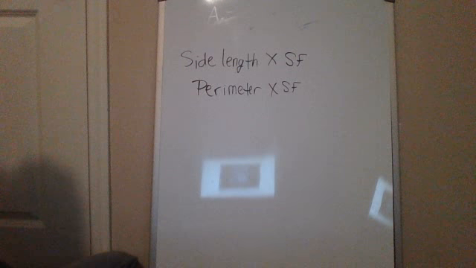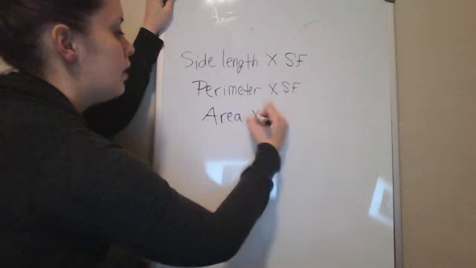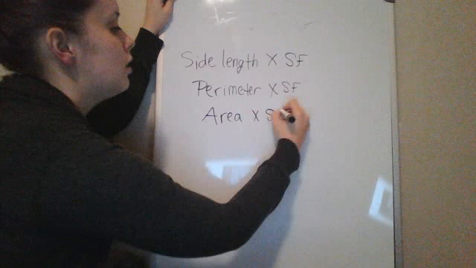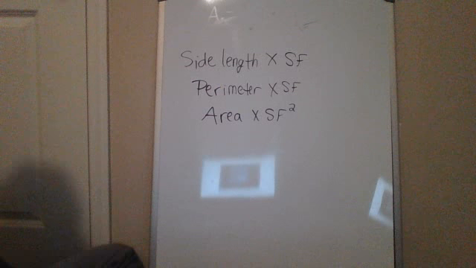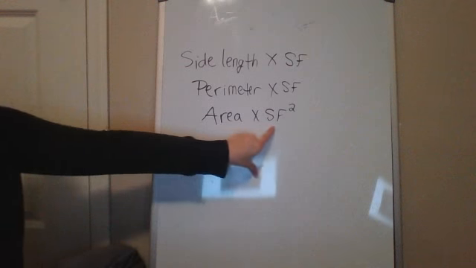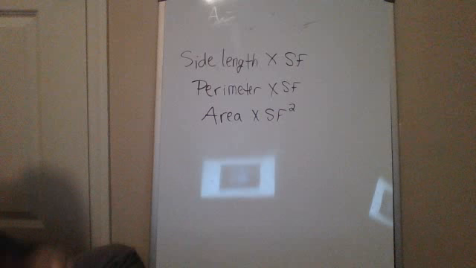The only time it's a little bit different is if you're actually given the area. If you have the area of a figure, yes, you're going to multiply, but what's different this time is the scale factor. You actually have to square it. And how I help remember that is anytime we're finding area and we need to put the units on it, like inches or centimeters, it's always inches squared, centimeters squared. That helps me remember the area I can multiply by the scale factor squared to find the area of that